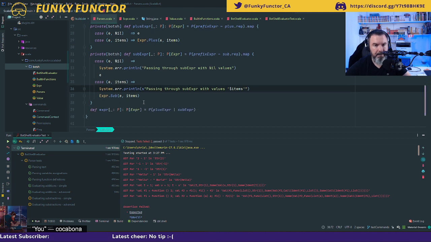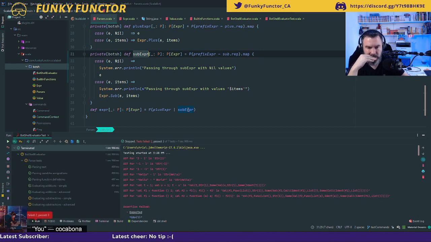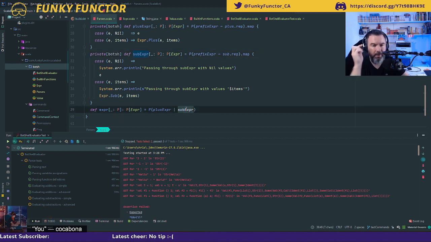Okay. So hopefully this one should appear. If not, that means that this sub-expression is not even called. And the sub-expression is not even called. So why is it not called? Am I not calling the...